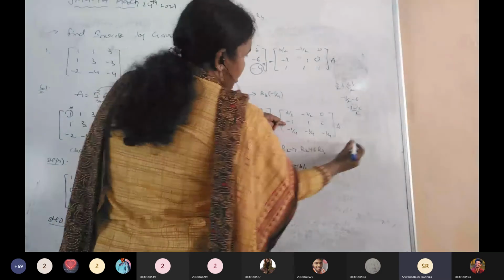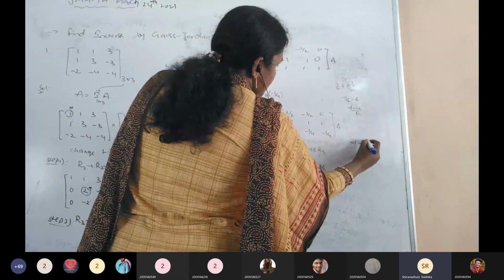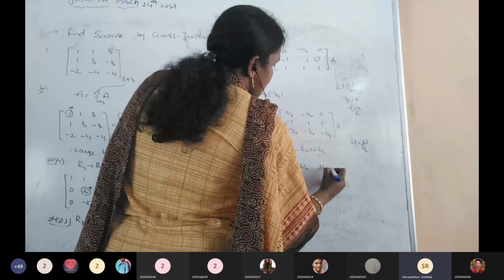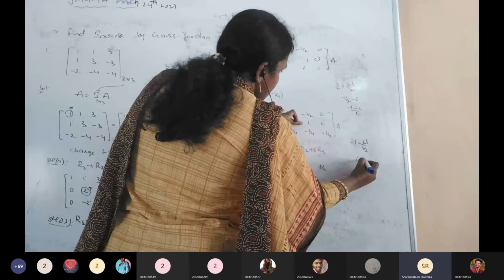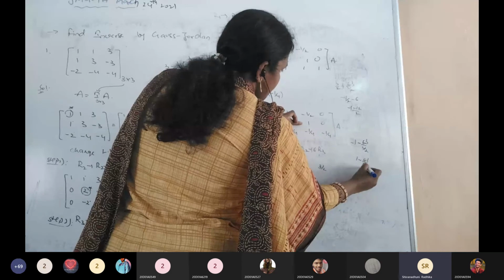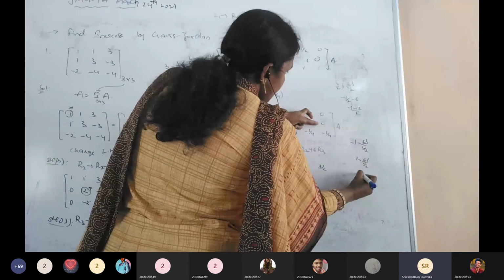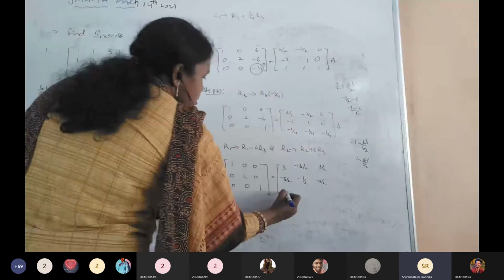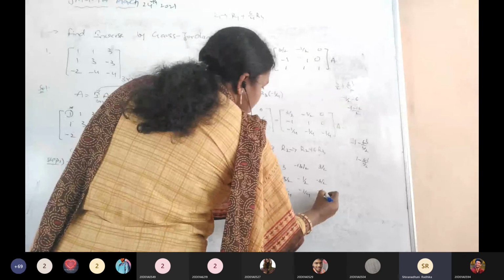R2 plus 6 R3. Minus 1 minus 6 by 4. 2 3s are, 2 2s are, minus 2 minus 3, minus 5 by 2. Then go for the second one: 1 minus 6 by 4. 2 3s are, 2 2s are, minus 1 by 2. Again minus 6 by 4, so that is minus 3 by 2. The last row is the constant: minus 1 by 4, minus 1 by 4, minus 1 by 4.